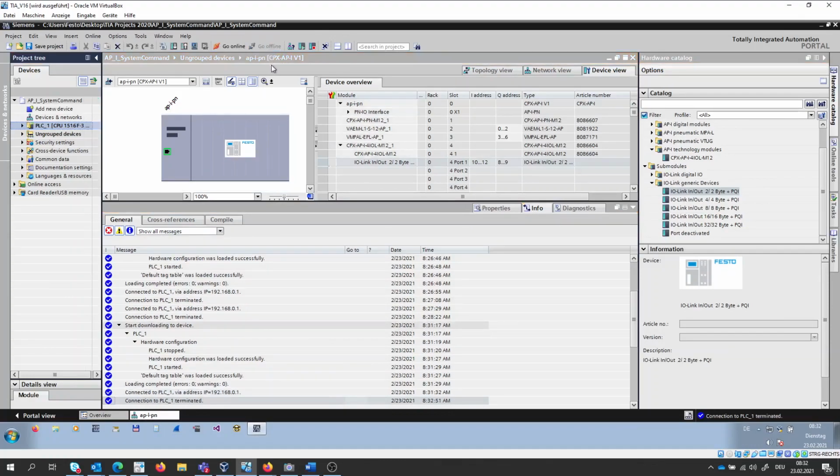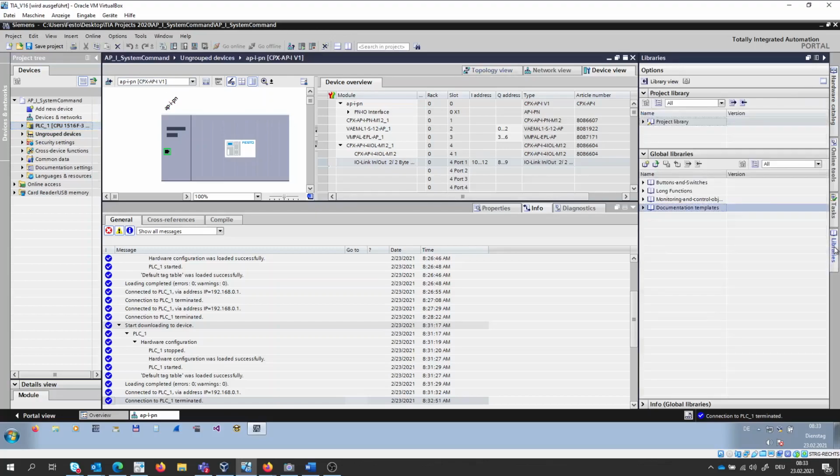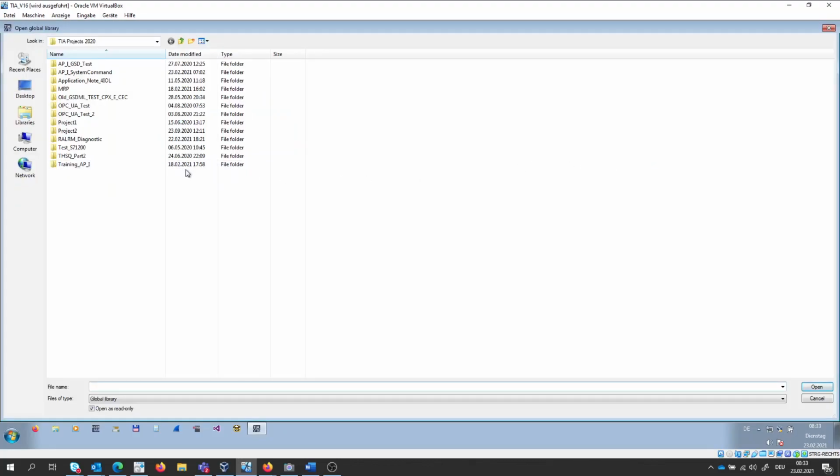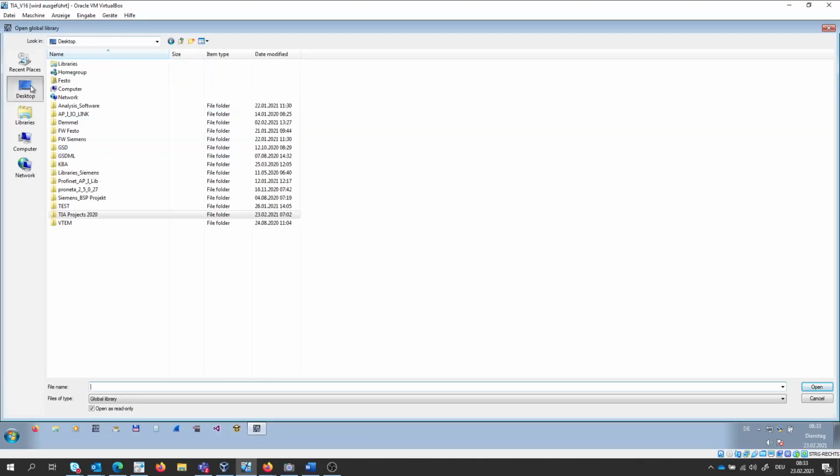therefore we need first of all a library. Festo is offering in the support portal a library for the parameterization of API IO-Link devices. We go here now to the libraries and we open the library here, Open Global Library. I have downloaded it already from the support portal and it is located here on my desktop